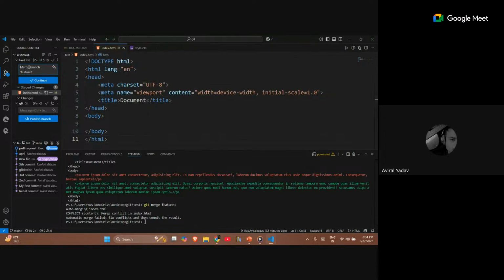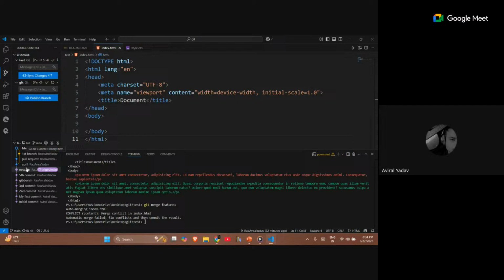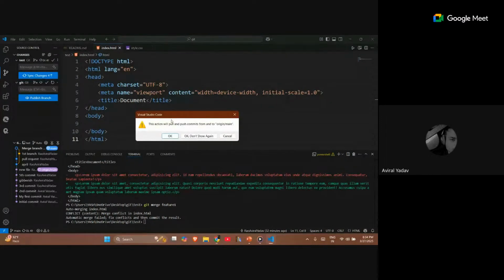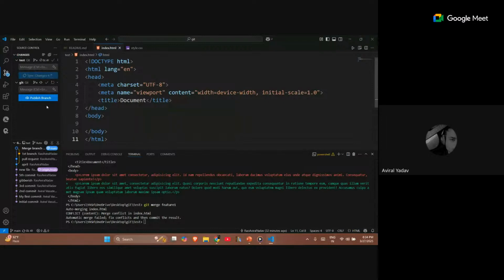Either I can continue with the main feature branch, and as I click on continue, it will pull a new request. You can see what's happening over here. It beautifully describes all the steps you have taken. For example, this was the new step you took till now, and all these steps where the main issue arose, which was insertion of one and deletion of the other. So you can sync the 4 changes that happened. The main.